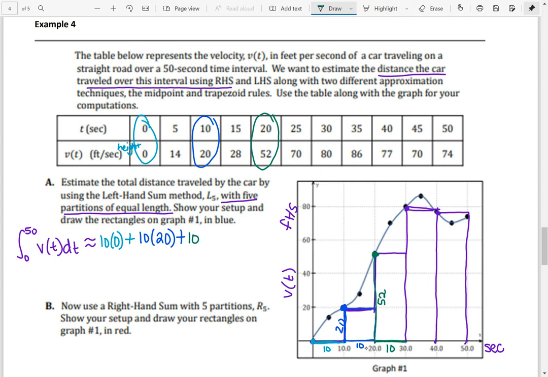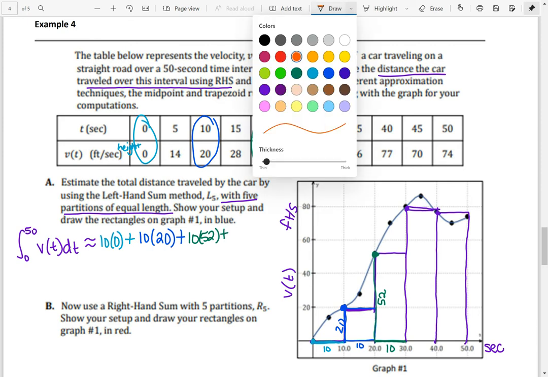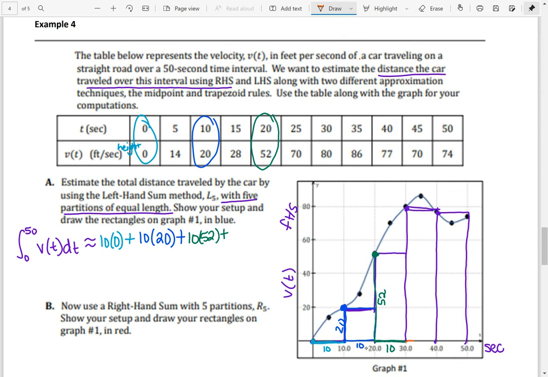So 10 times 52, plus another width of 10. To get this height, I need to use when the t value is 30. The y value is 80. So 10 times 80,